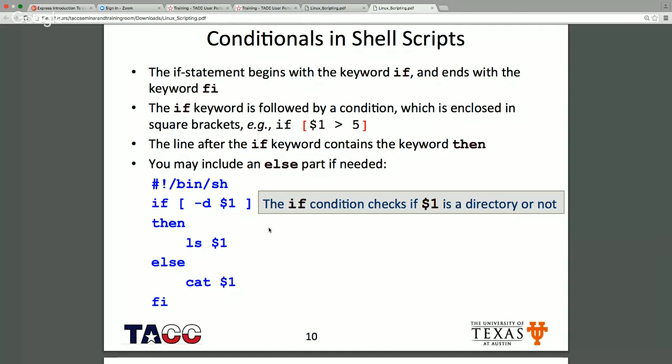Yeah, the bash. That's right. And the only other thing that I did was give a space here, a space between the closing bracket and the